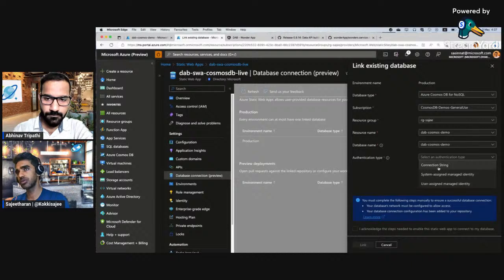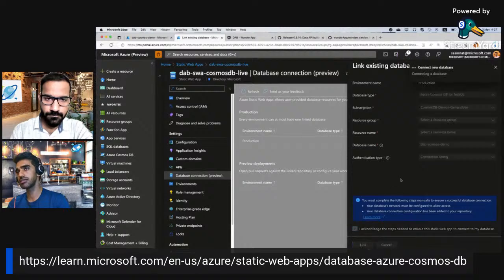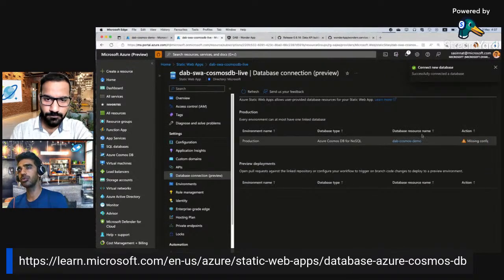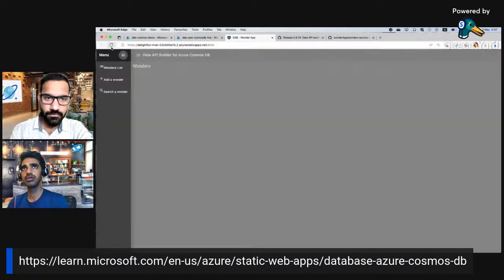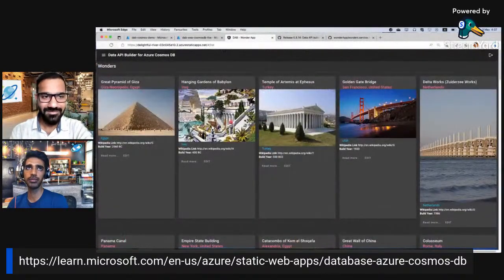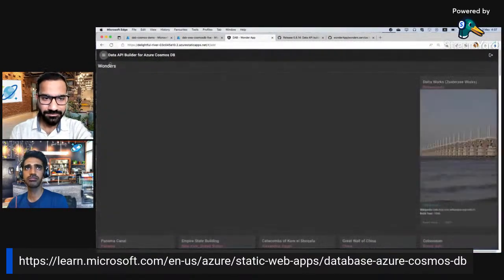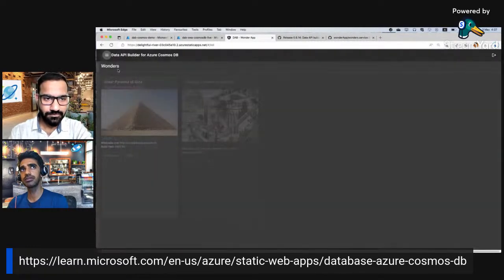We support both authentication mechanisms, connection string as well as managed identity. So I will use the connection string and click on acknowledge. That's it. You are good to go with database connections, which talk to Data API Builder and fetch information through GraphQL. If I refresh, I should see the data being populated. You can see it's automatically enabled through Data API Builder. Then you can do some GraphQL operations like add and search. Search means the filter operation.